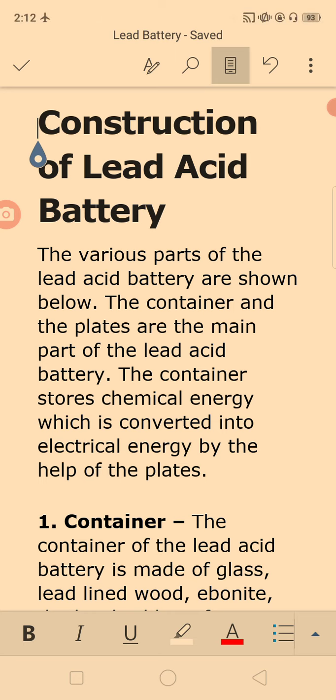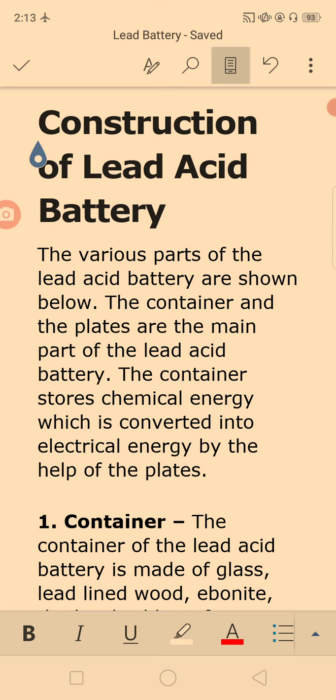Primary batteries are those series of half cell reactions which are connected in series that are not chargeable. Lead accumulator, lead battery, lead acid battery, this is considered as a secondary battery. It is also known as the car battery.